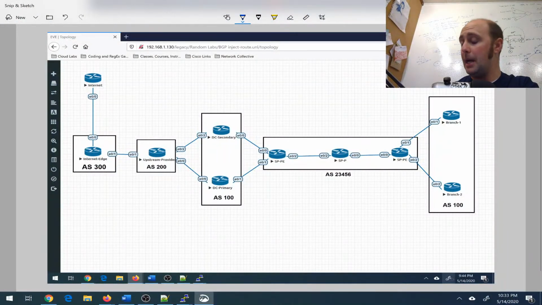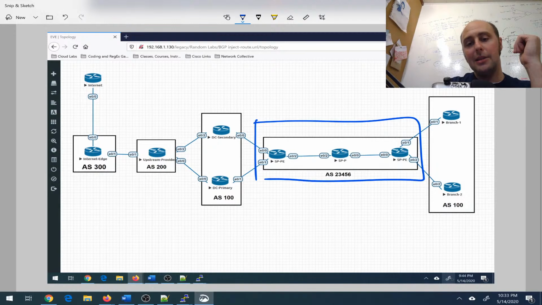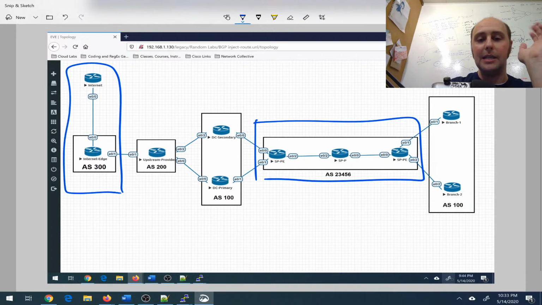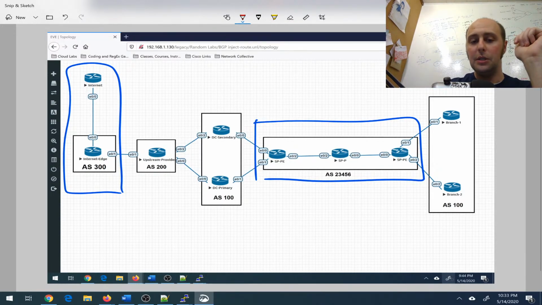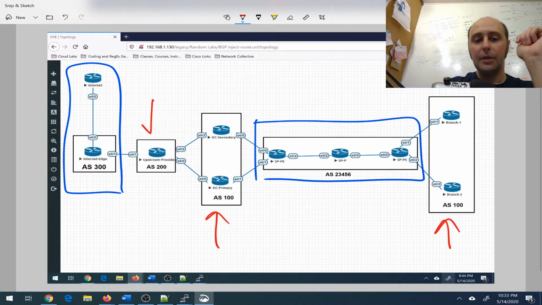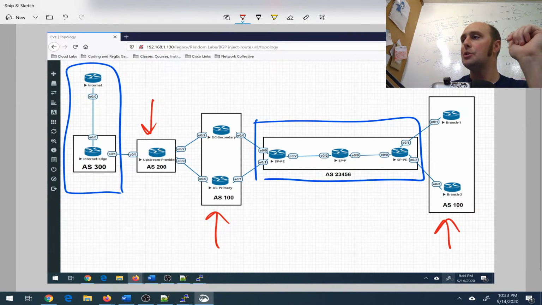What I hope to accomplish is using BGP inject-maps. And what that's going to do is, remember, we're not allowed to touch anything in the service provider, okay? And I can't touch these guys either. So that leaves me with just the customer sites, and then sort of, I say us as the upstream provider